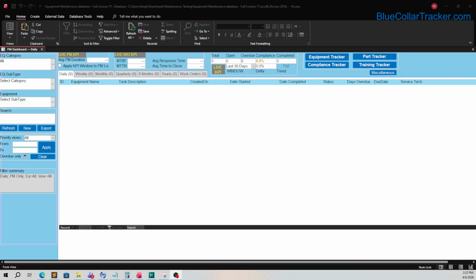After downloading the database, you're presented with this dashboard. This dashboard is the control center of the entire database. The moment you open it, you can see what is open, what is overdue, what is completed, and how your maintenance team is performing. But having an empty